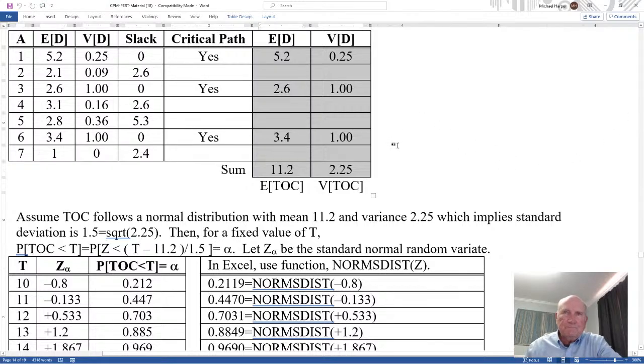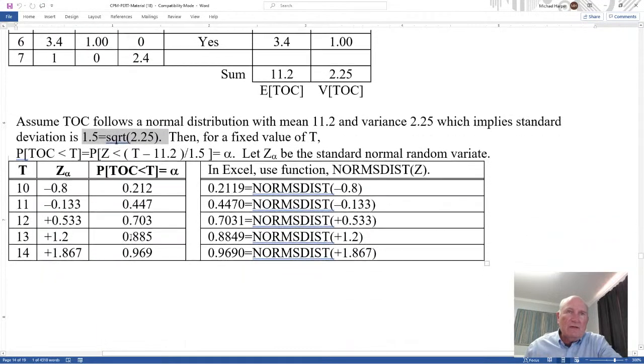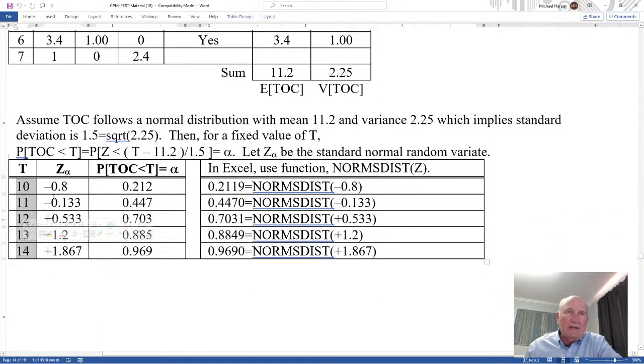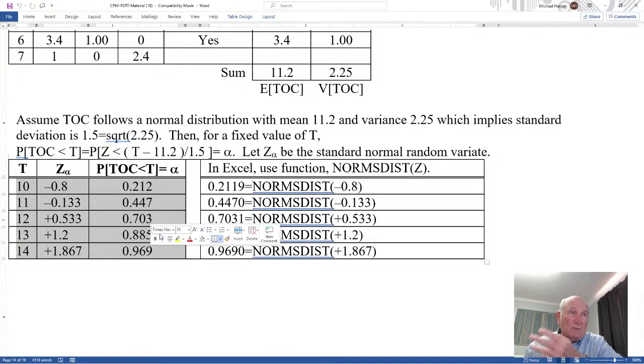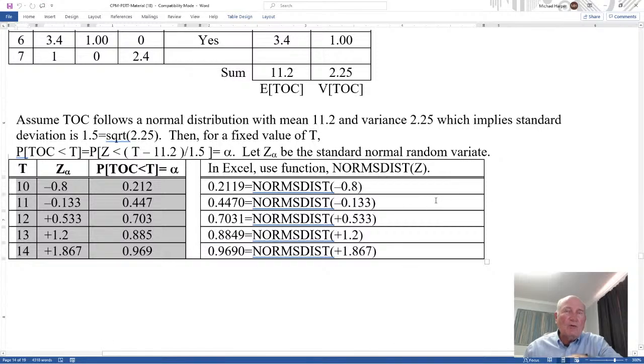Where the mean is 11.2 and the variance is 2.25, which implies a standard deviation of, well, the square root of 2.25 is 1.5. Then for these fixed values of t, I calculate a z. I put it into the standard normal distribution Excel function, and I get my probabilities, and there they are. So this is what we did for homework number 3. Now for homework 4,